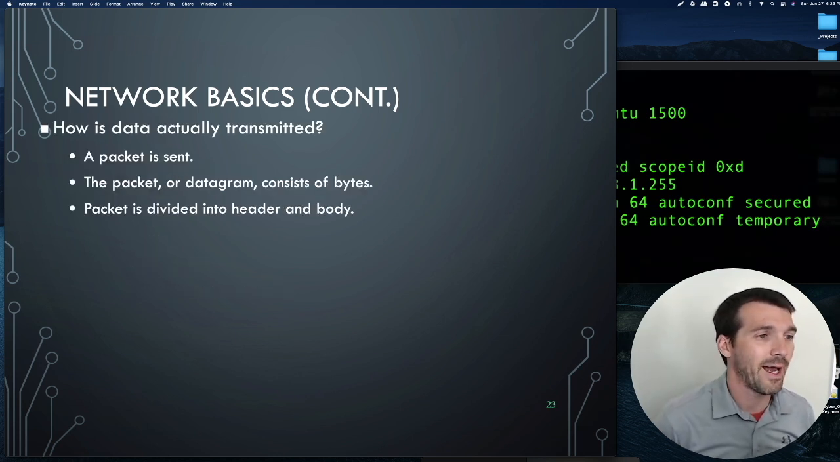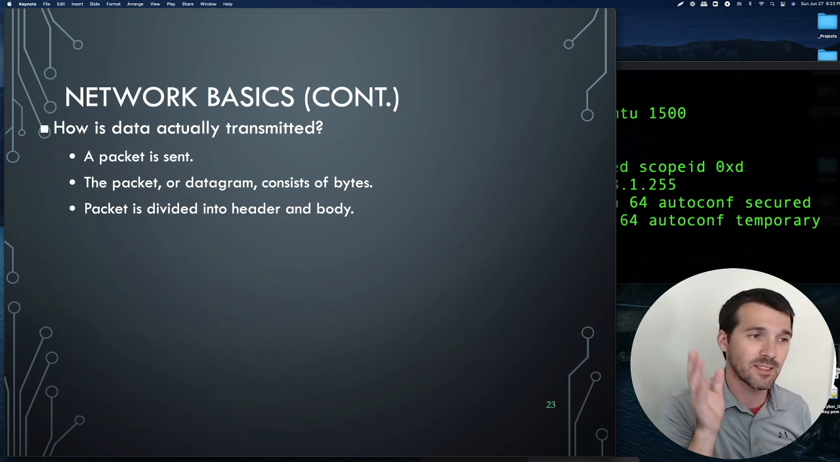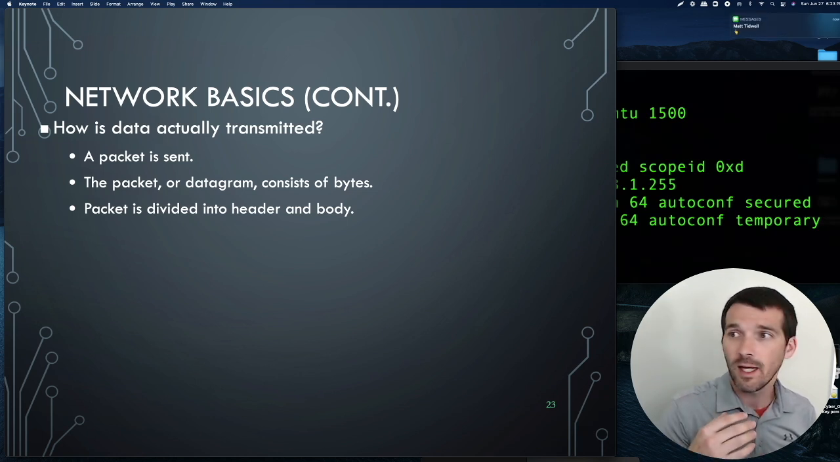So I've kind of talked about how data is transmitted, like when you hit enter after you type in your query into a search engine and it goes across. This is basically what that's saying. It sends packets, and we can watch traffic on a wire using a tool to watch packets go through. Okay, a packet is divided into a header and a body. The header